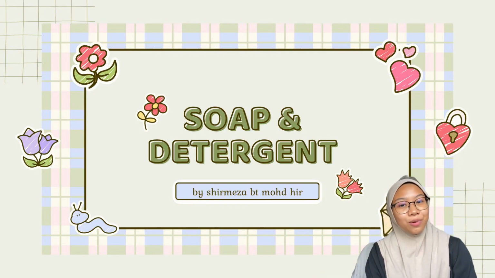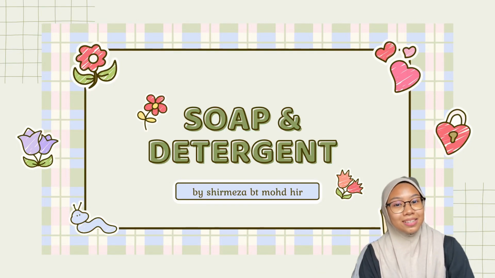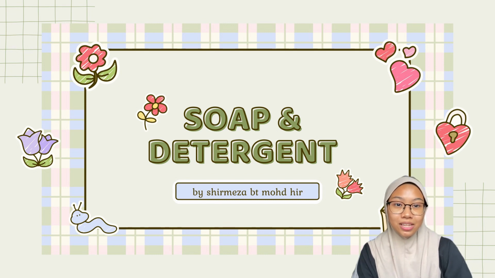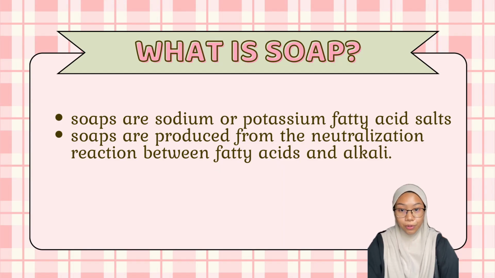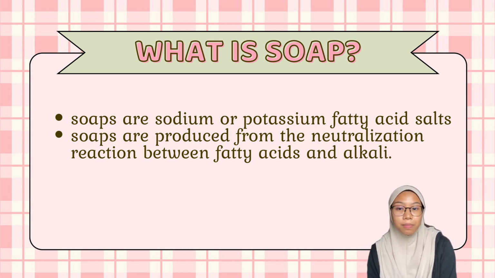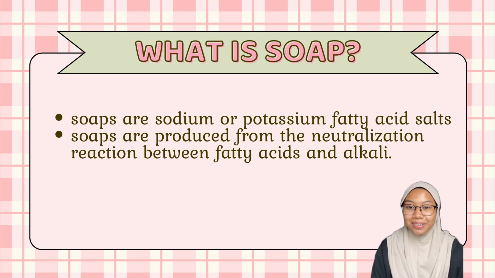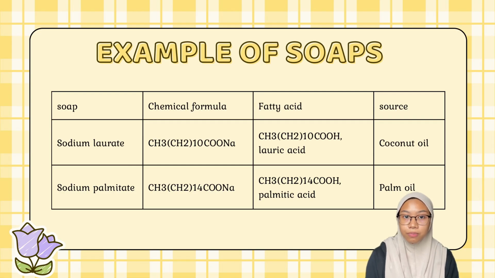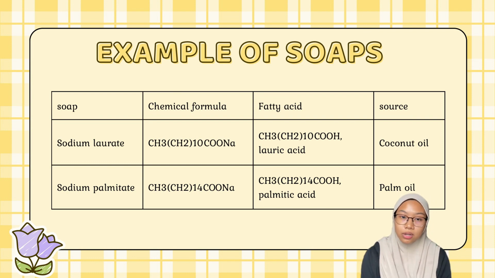Everyone, today I will be explaining how soap and detergent work and their application in our daily life. Soaps are sodium or potassium fatty acid salts. Soaps are produced from the neutralization reaction between fatty acid and alkaline. I will give two examples of soap. First is sodium laurate that came from coconut oil, and second is sodium palmitate, which the source is from palm